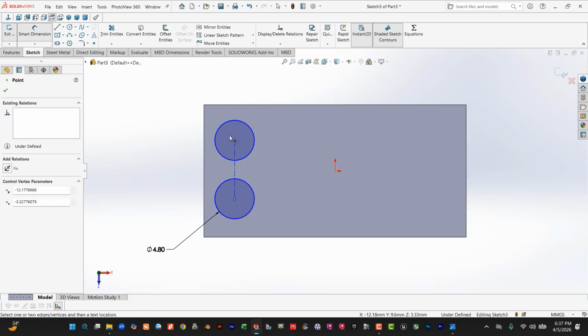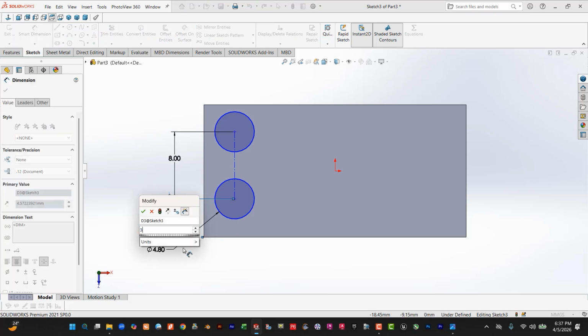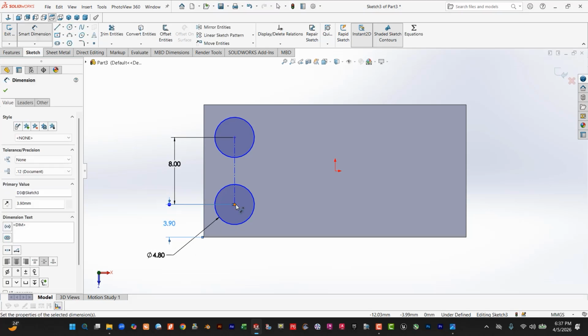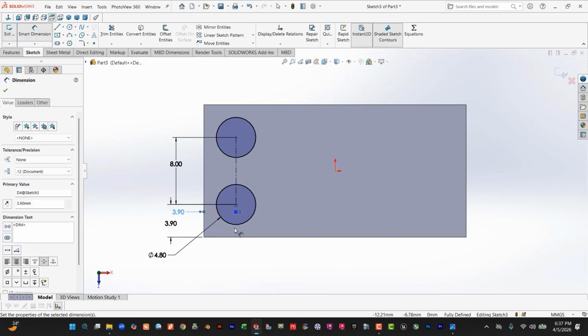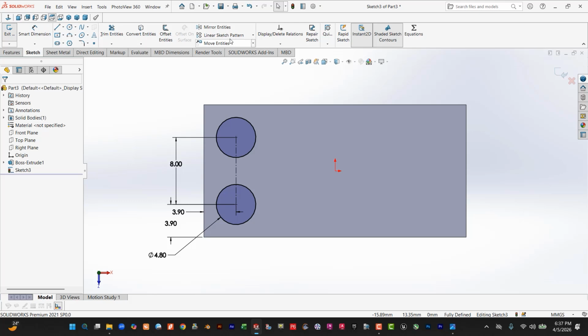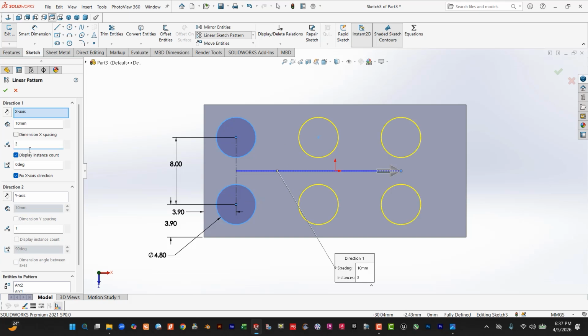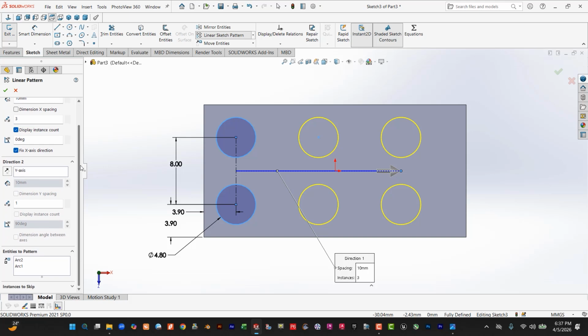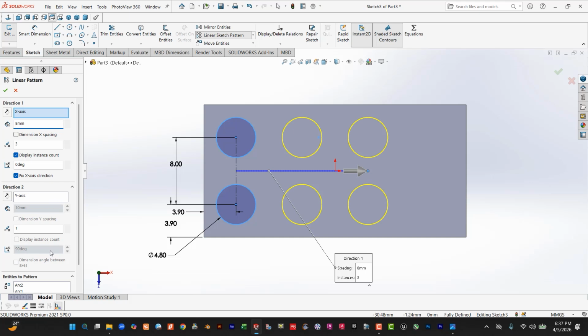Smart dimension between these two is 8, okay, and the distance from here to here is 3.9 and the distance from here to here is 3.9. Okay. Select the array entities, linear sketch pattern like this. The quantity is 3 and the distance between each is 8 mm, and make the quantity 4,